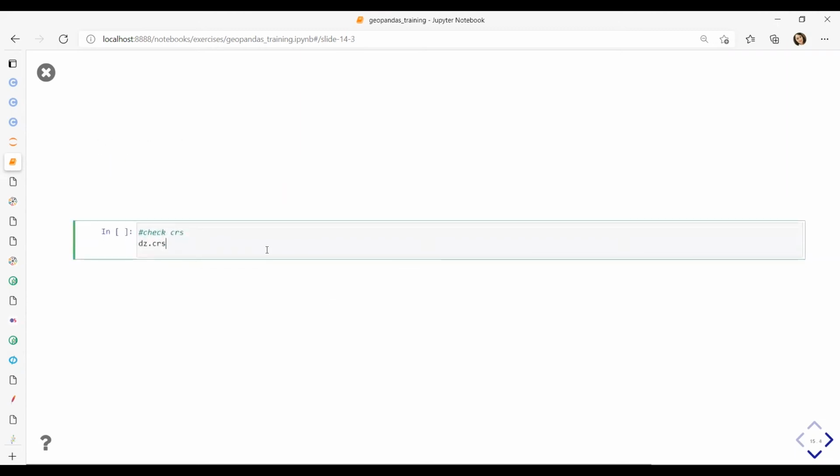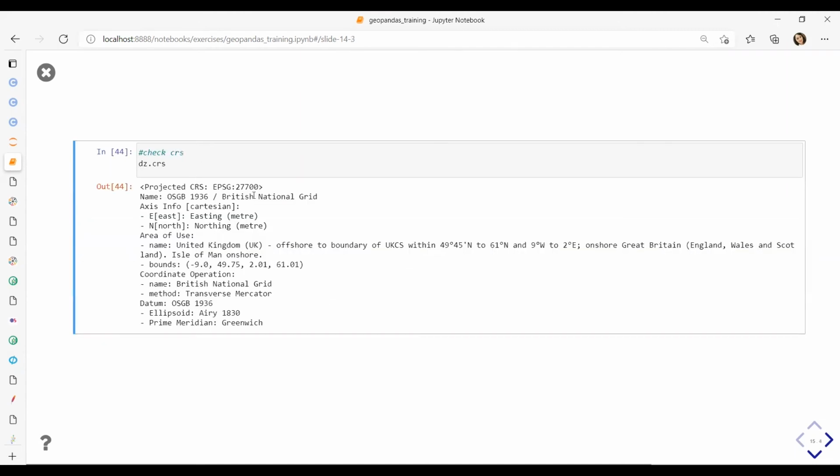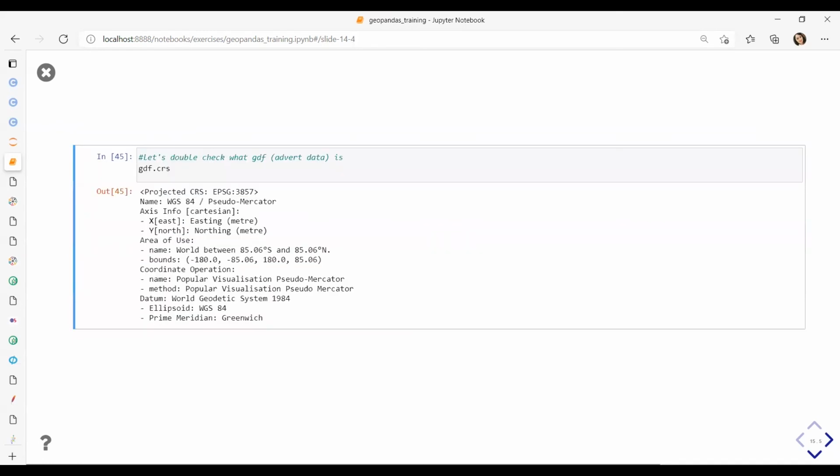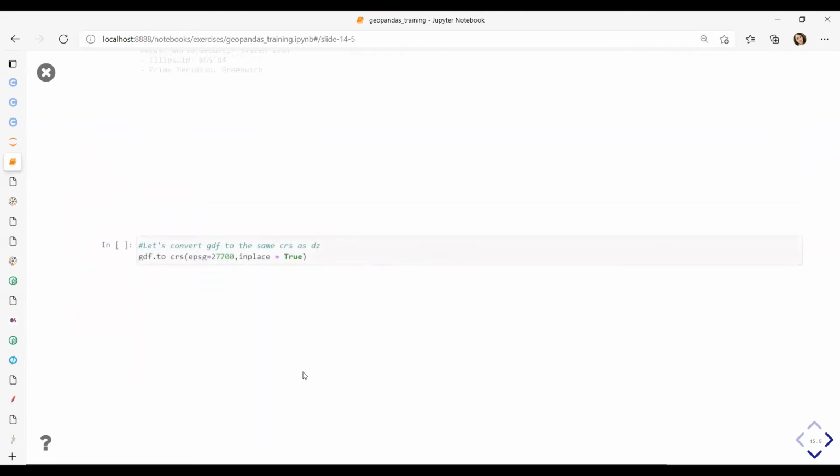Let's check the coordinate reference system. So it's British National Grid, code 27700. Because I'm going to use it with my geodata frame containing Adzuna ads, I want to check what that is now. After several projections we made, it is in Web Mercator, code 3857.